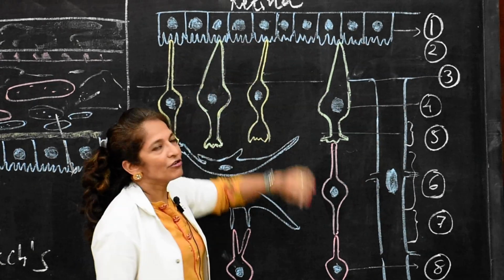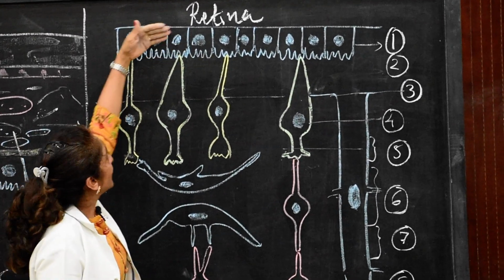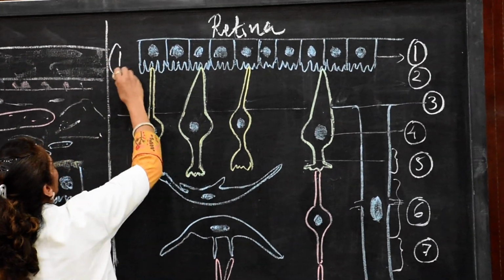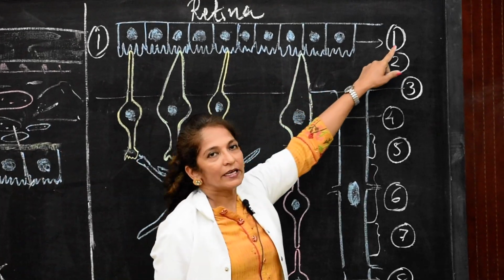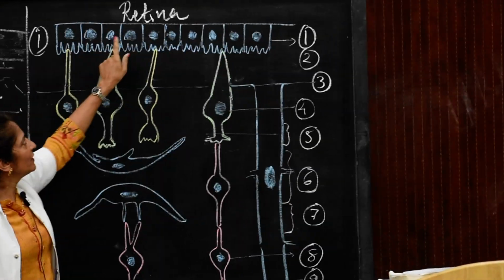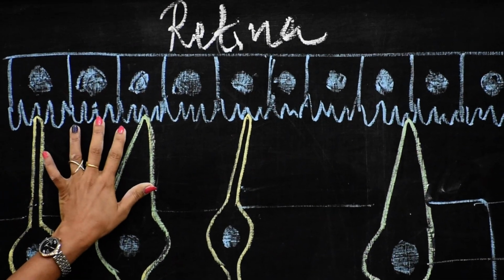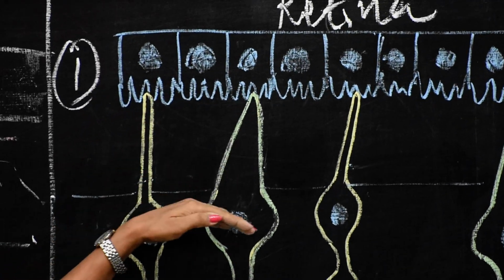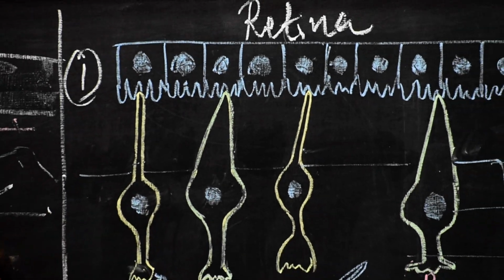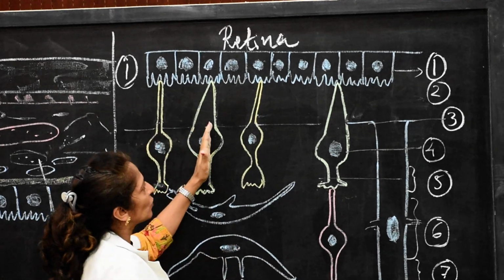Now the histology of retina. The outermost layer that is attached with the choroid is the pigment cell layer. The cuboidal epithelium, simple cuboidal epithelium with microvilli. Within the microvilli are the processes of the next layer, means the layer that contains the neurons or cells of the retina. These are the rods and cones.